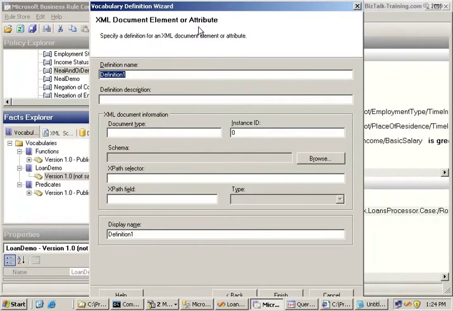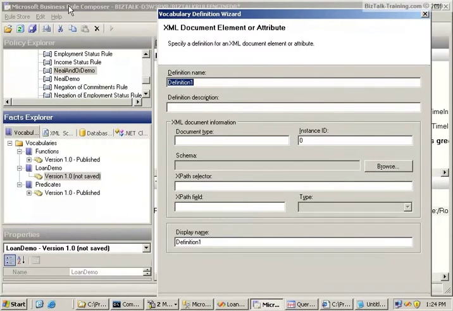So what this could be used for, for example, is A, to make your screens more readable in the Business Rule Composer, or B, some people have this theory that end users could actually change the business rules. Now, I can't picture in the real world that an end user would actually come into this Business Rule Composer, especially on a production system, and change it. So there are ways you could abstract that, or maybe make a Windows GUI to let the users change certain values here. But the point is that vocabularies are one level of abstraction. They can take a complicated XPath, for instance, and turn it into a friendly name. So